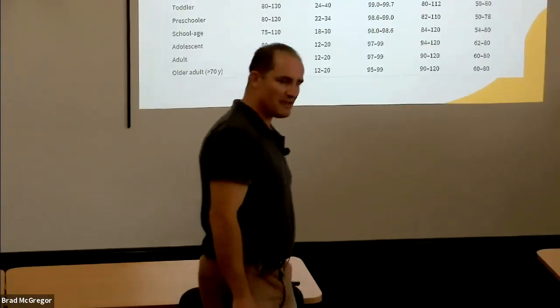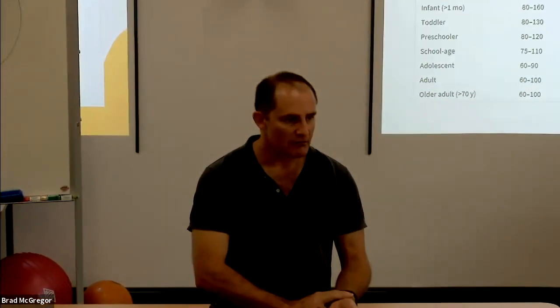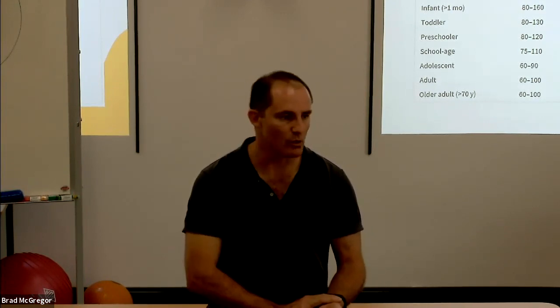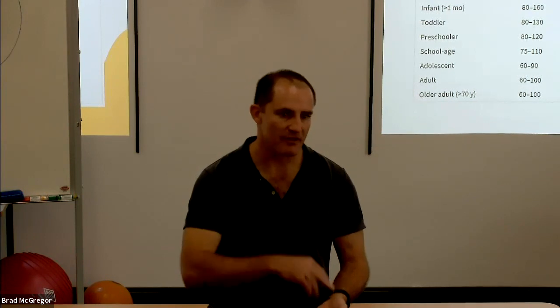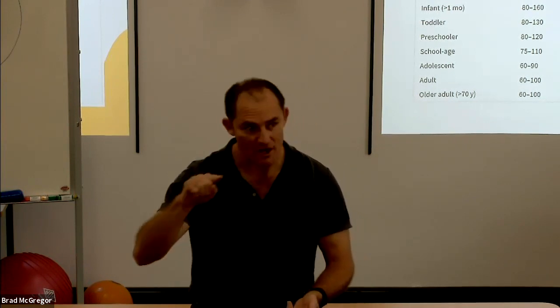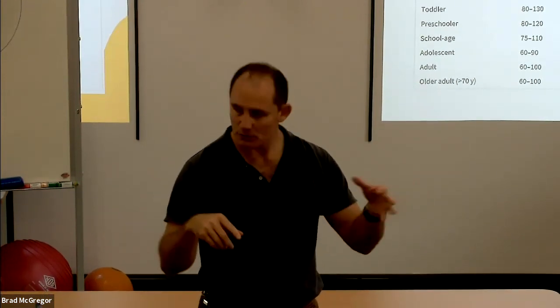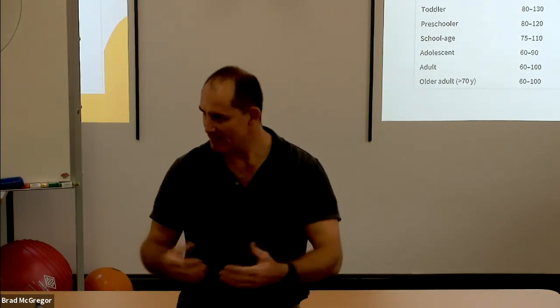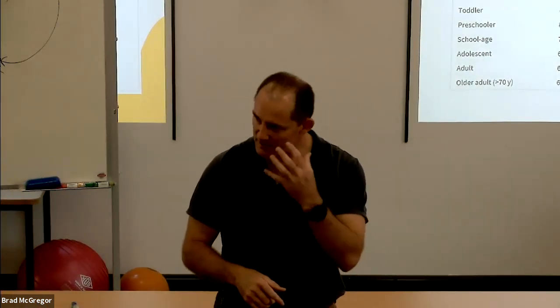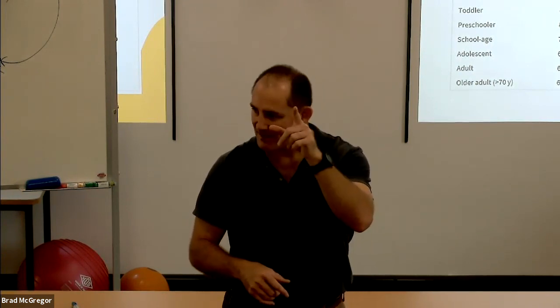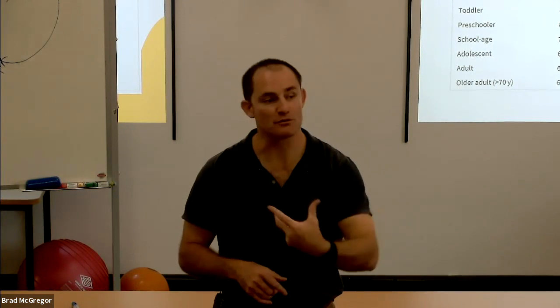I usually get clients, if they're monitoring this, to monitor their adaptation to training when you first wake up in the morning. Radial pulse, count how many beats in 15 seconds, multiply by 4. And I get them to keep a diary of that every day so I can see changes in it. So for example, if you're about to get a cold or a flu, like an upper respiratory tract thing, before the symptoms appear, before you get snuffly and a sore throat, etc., your resting heart rate will bump up a bit